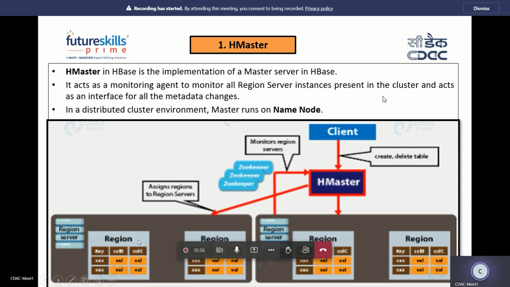Basically, HMaster maintains all the information about the regions, that is, how many regions exist in my HDFS, right? You can see that under this structure, I have two region servers, and each region server has two regions, right? This region server has two regions, and again this region server also has two regions. HMaster also